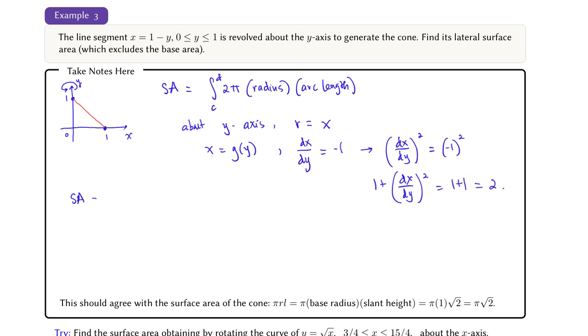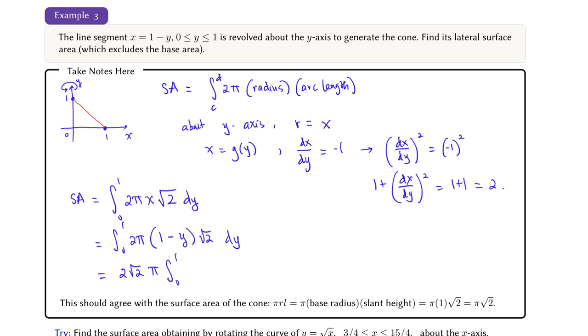Using the formula for the surface area, the integral from y equals 0 to y equals 1 of 2 pi times the radius, which is x, times the arc length, which is the square root of 2 dy. This is 2 pi times, in terms of y, x is 1 minus y. Simplifying this, we have 2 root 2 pi, the integral from 0 to 1 of 1 minus y dy, which